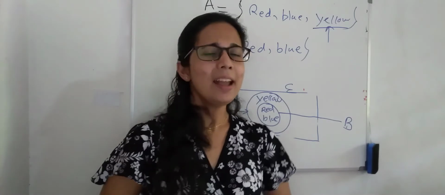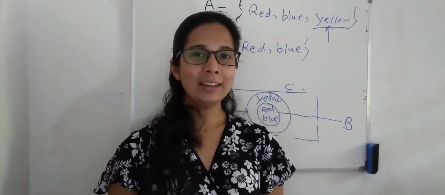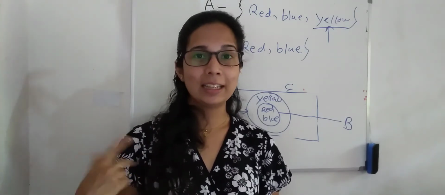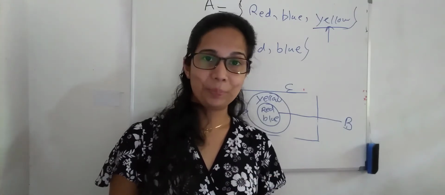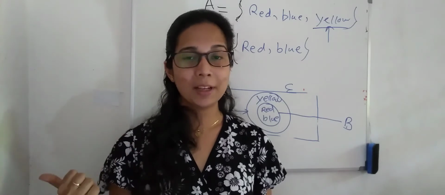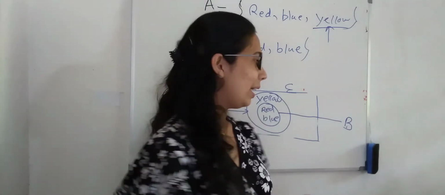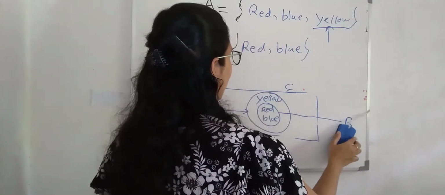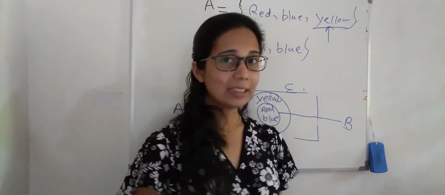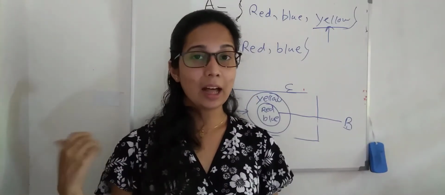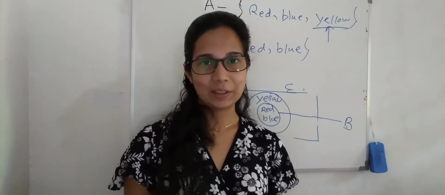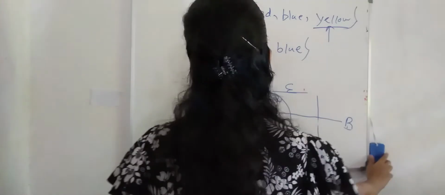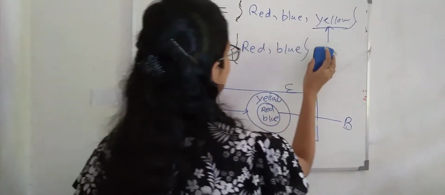Right? Okay. Now we can move to learn the last point. What is the last point? When two sets are equal. You have learned that in a previous video, right? Okay, what is the name of that set? We know this kind of set as equal sets, right? Okay, take an example.